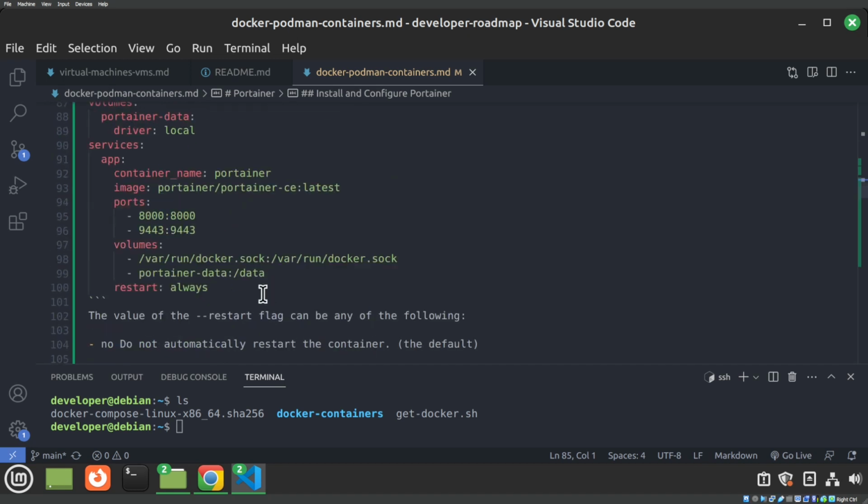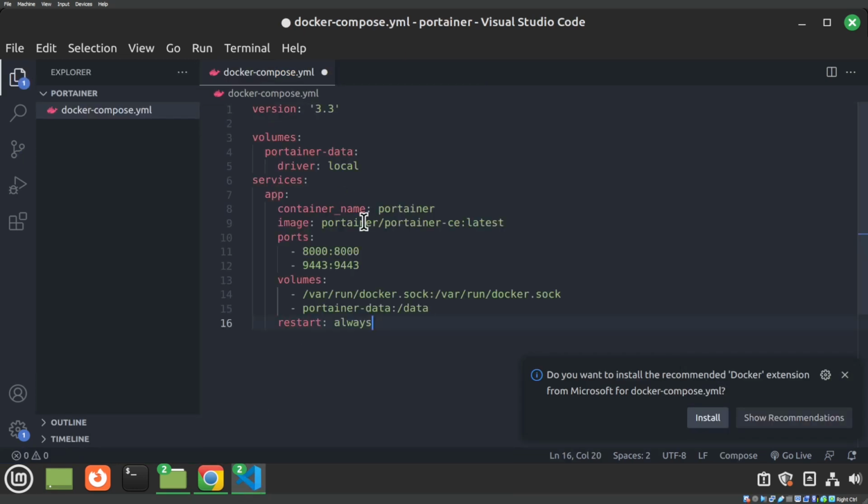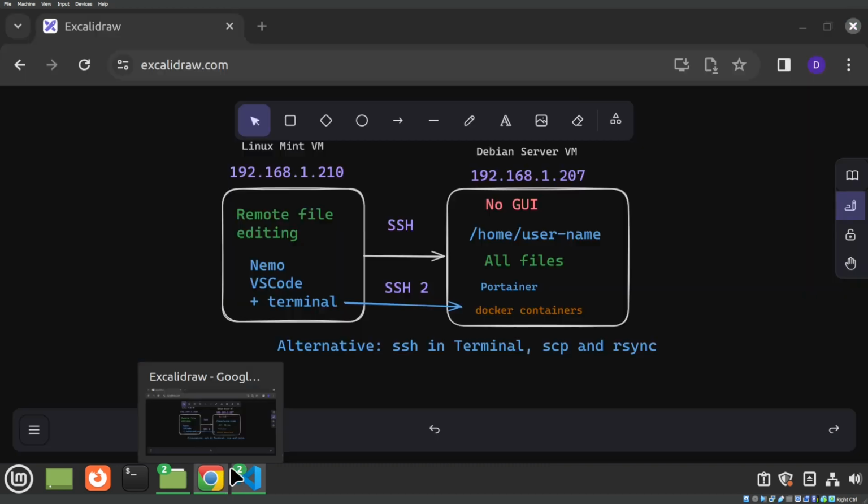I'm gonna copy all, okay, and paste it here. And when I press Ctrl S, this file, from Visual Studio Code, will be saved on the file system on the Debian server,